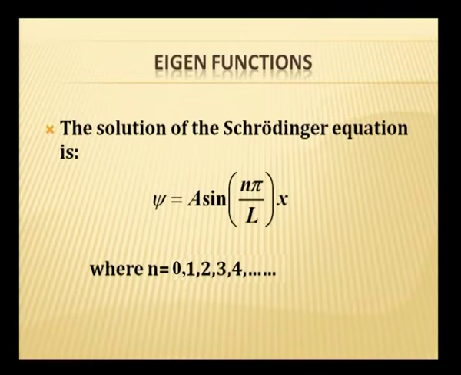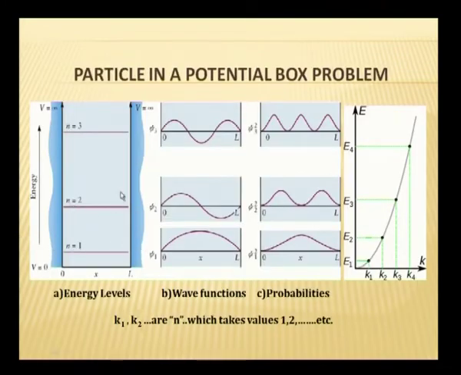So, here come the discrete eigen values which I showed earlier. The electron, or the particle in question in a box, will have discrete energy values. They are the wave functions, the eigen functions. What is measured in the laboratory, as I told you, is not the eigen function; eigen functions cannot be measured.